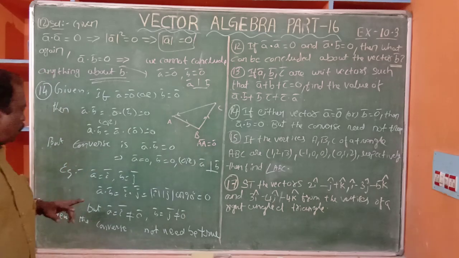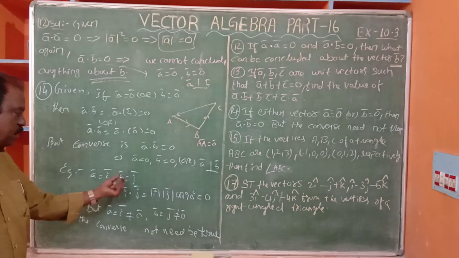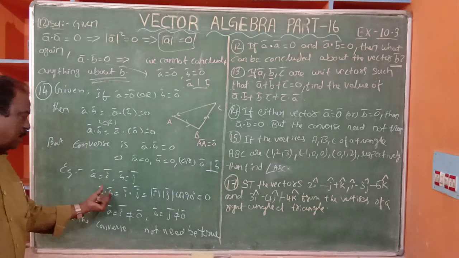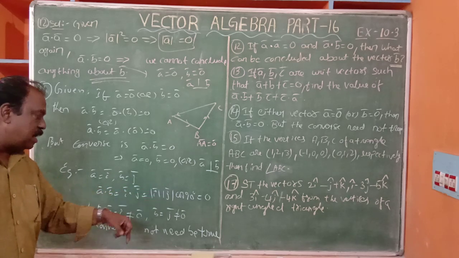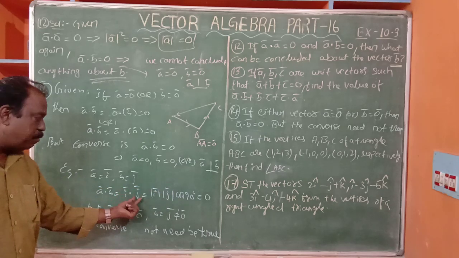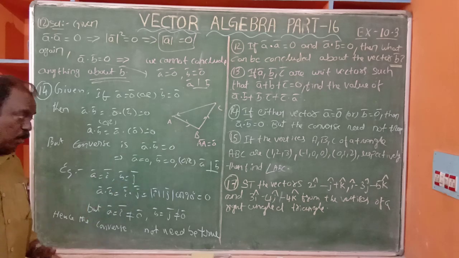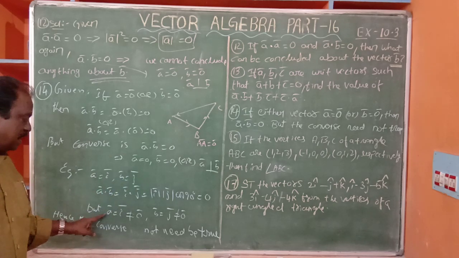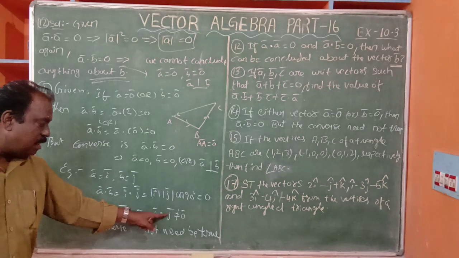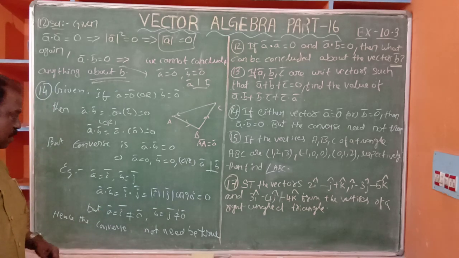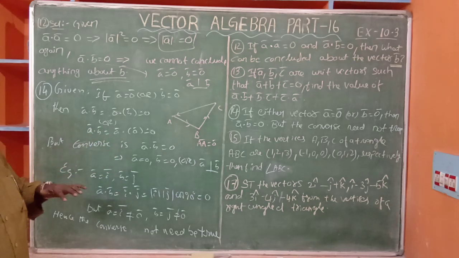So, with one more example. Let A bar be equal to I cap, B bar equal to J cap. Then A bar dot B bar is I cap dot J cap, which is modulus of I cap, modulus of J cap, cos 90, because I is perpendicular to J. Cos 90 is 0. So in this case, A bar dot B bar is equal to 0. Here the vectors are not 0: A bar is I cap, and B bar is J cap, not equal to 0 bar. So here the converse is perfectly not matched.